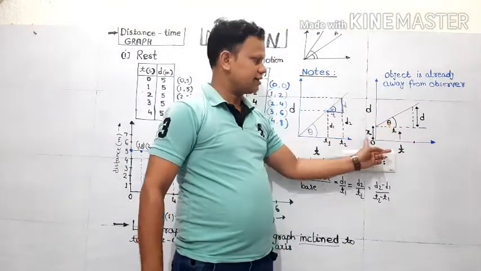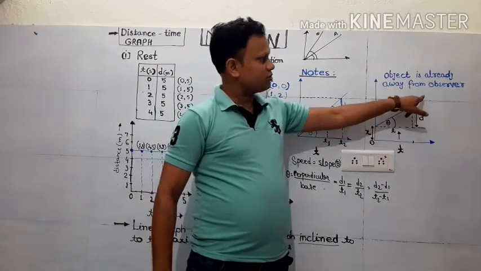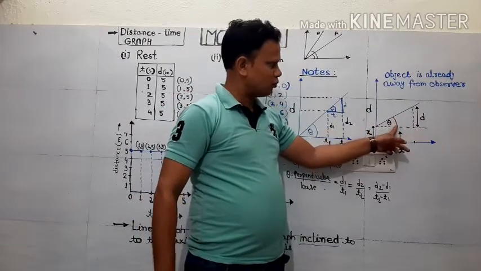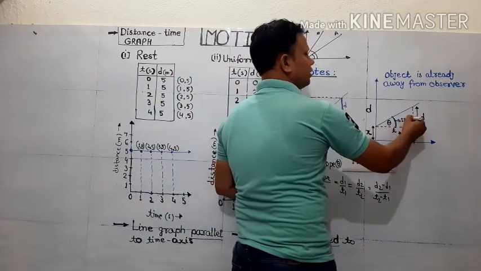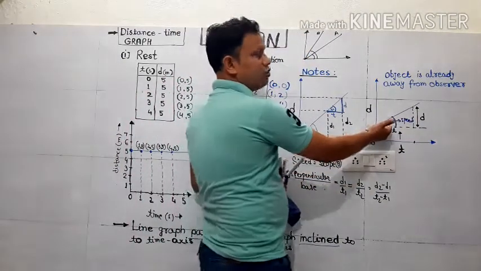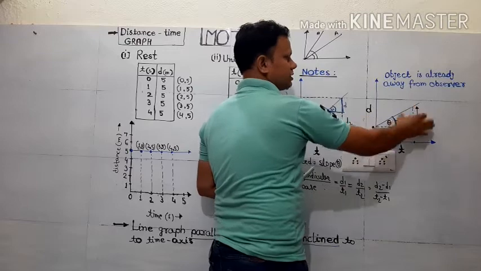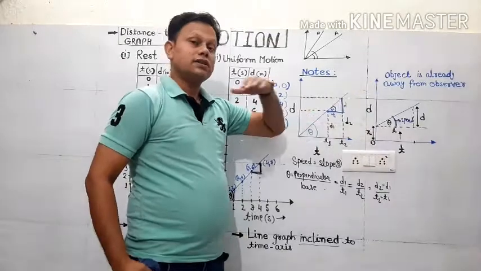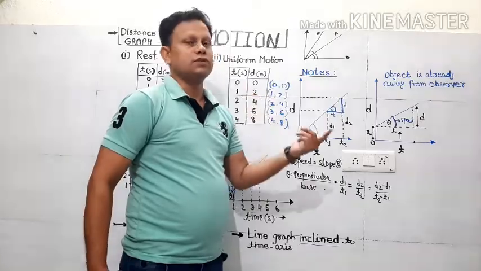Again it is a line graph. Again it is inclined to the time axis. But you can see that the time axis is somewhere here, but the line is rising from somewhere here. No issue. We can imagine a parallel line here, and this slope will represent it. What does the value of this slope show? The speed of the object. And again, how will you find out the speed? You will take distance upon time. So distance upon time, again you will get the speed. So this graph is showing that there is already a gap between object and observer when the motion was observed.